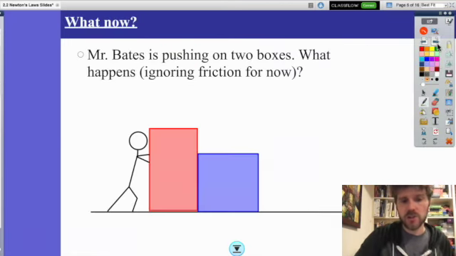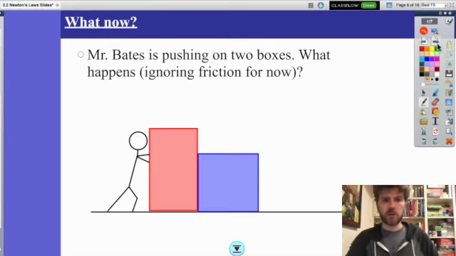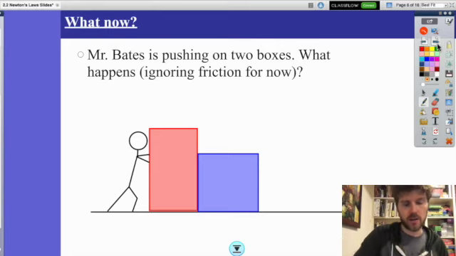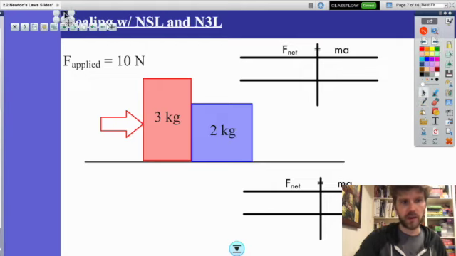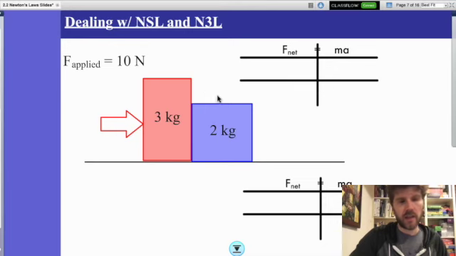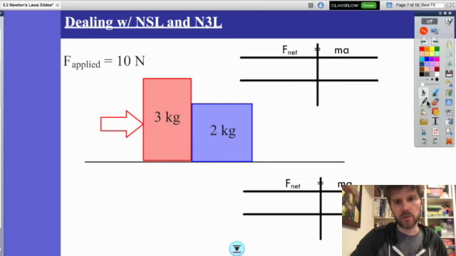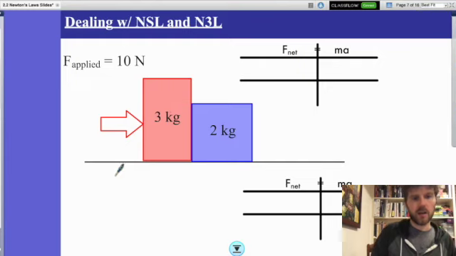All right, so let's do a little example. Let's say Mr. Bates is pushing on two boxes, a red box and a blue box. What's going to happen? And we're going to ignore friction for now. So let's say I apply a 10 Newton force to these two boxes. And one of them is a 3 kilogram box and one is a 2 kilogram box. Well, let's go ahead and draw our free body diagrams here. For our red box here,